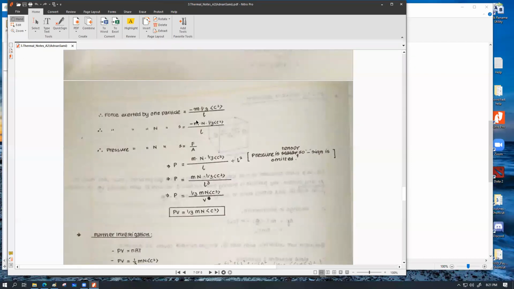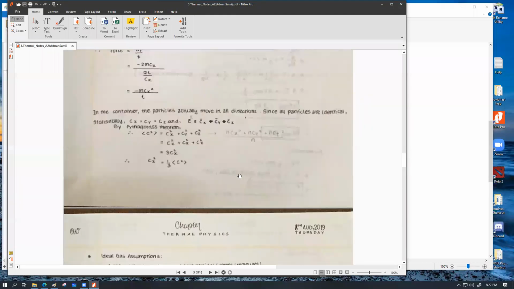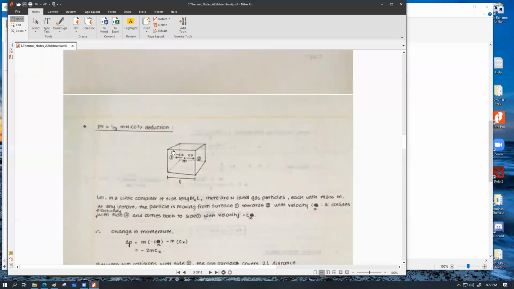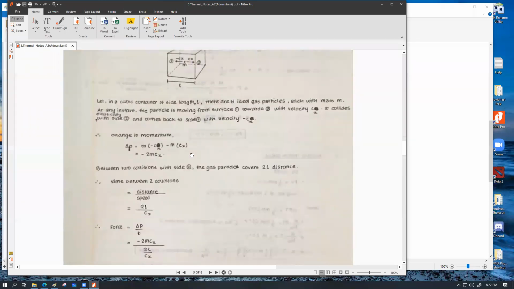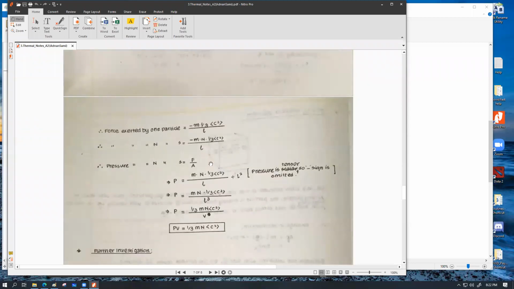I removed the minus sign, but if you bear with me, one thing I can also tell you is that this minus sign would not have been in our equation if we had considered the direction towards the left as positive in the first place. So the minus sign would not actually matter. We got rid of it so that it doesn't pop up in our equation. So this force divided by L square gives us the pressure, and then we do the calculation. Ultimately, we get 1/3 mN c square, and L cube becomes volume. So if we do the cross multiplication, ultimately we get